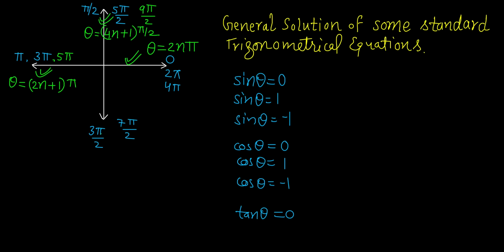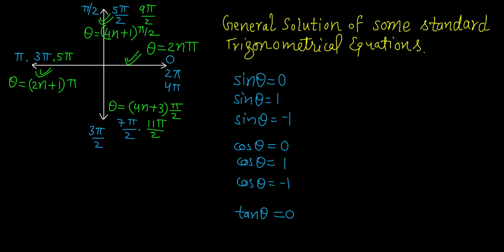Similarly this line, first time it was 3 pi by 2, 7 pi by 2, what you will get next time? 11 pi by 2, right? Like this. So in general these angles can be written as theta is equal to 4n plus 3 times pi by 2. You can verify it. If you put n equal to 0, what you get? 3 pi by 2, that was the first angle. If you put n equal to 1, then 4 plus 3, 7 pi by 2, this is the second round. If you put n equal to 2, 8 plus 3, 11 pi by 2, that is the third round angle. So separately these four lines are theta equal to 2n pi, 4n plus 1 times pi by 2, 2n plus 1 times pi, and 4n plus 3 times pi by 2.